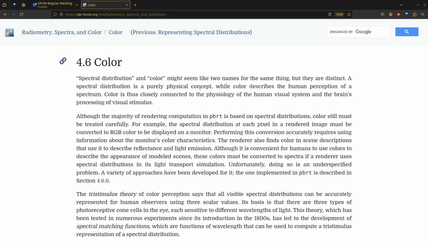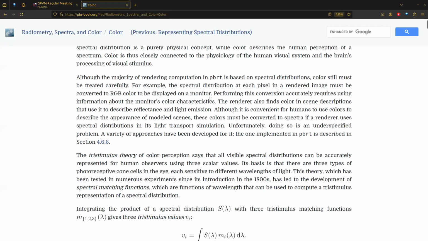Okay, so we've got 4.6, on the topic of color. Spectral distribution and color might seem like two names for the same thing, but they are distinct. Spectral distribution is a purely physical concept, whereas color describes the human perception of the spectrum. Color is closely connected to the physiology of the human visual system and the brain's processing of the visual stimulus. So, although the majority of rendering computation in PBRT is based on spectral distributions, color must still be treated